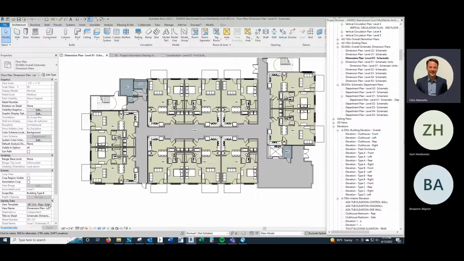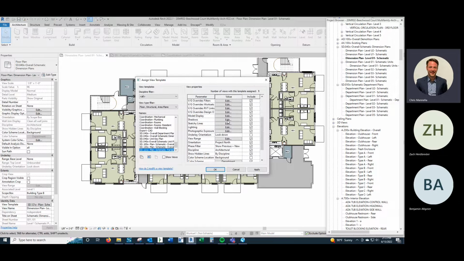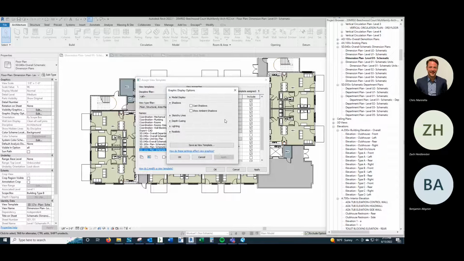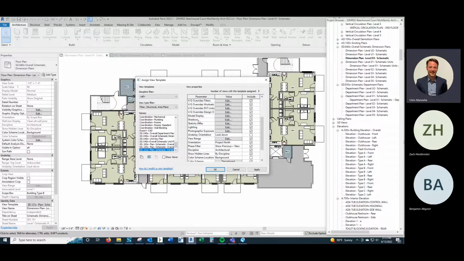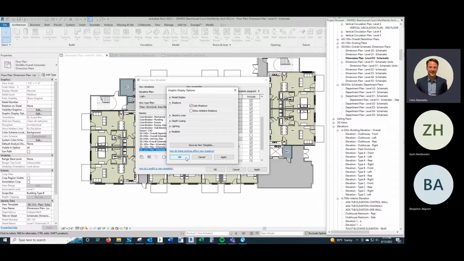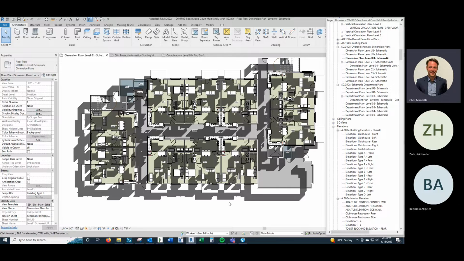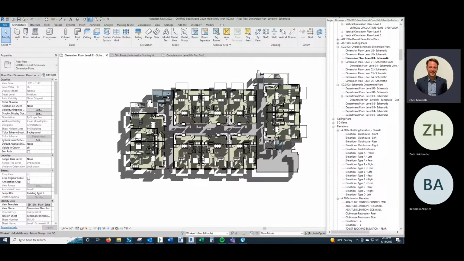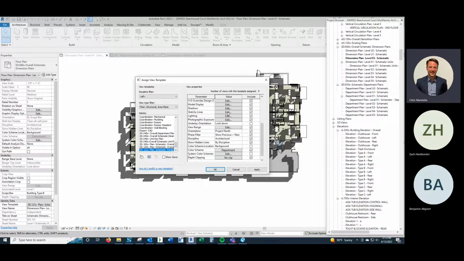Now, if you need to or want to add shadows, sometimes something we'll do, you'll want to go into this shadows parameter in your view template, hit edit, and then you just want to hit cast shadows. Now, this might show up a little wonky at first. Yeah, exactly. So what if it starts showing up like this, couple things you can do. Number one, create a floor all the way around this, just your standard concrete 4-inch slab on grade, and that will give the shadows something to latch onto. The other thing you can do too,